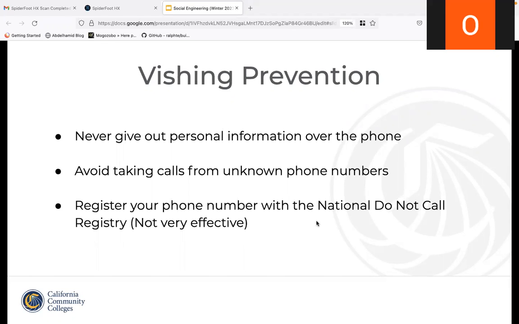And this is something that also pertains to employees of an organization. You could try to register with the National Do Not Call Registry to avoid any type of spam or robocalls, but a lot of people report that it's not very effective.